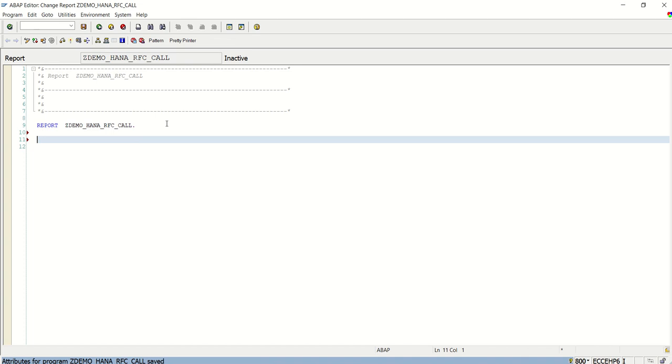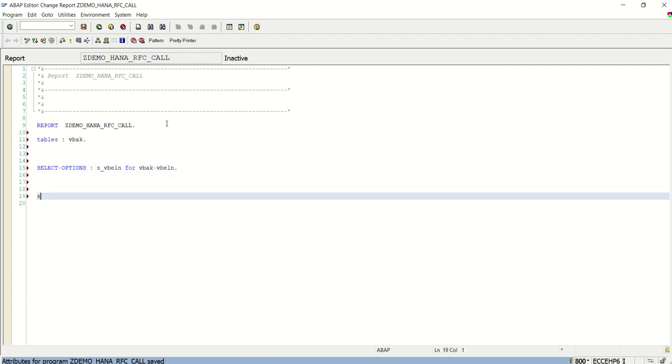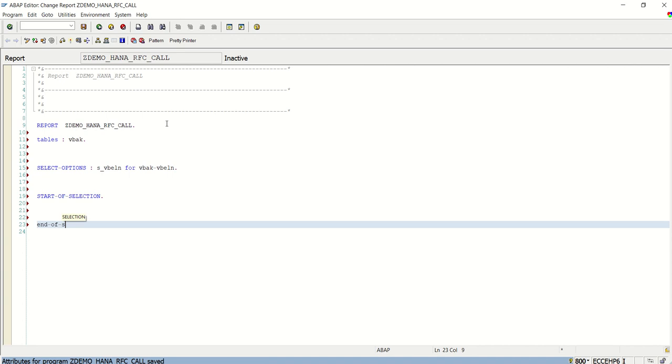Okay, here first tables VBAK, and then select options S underscore VBELN for VBAK VBELN, start of selection, end of selection,